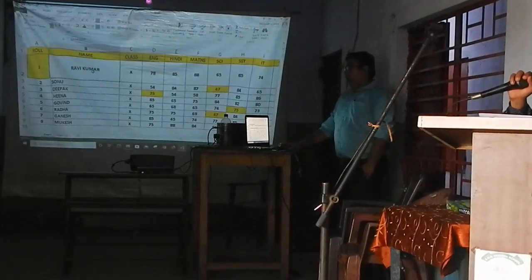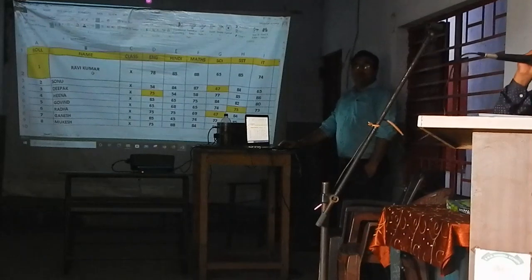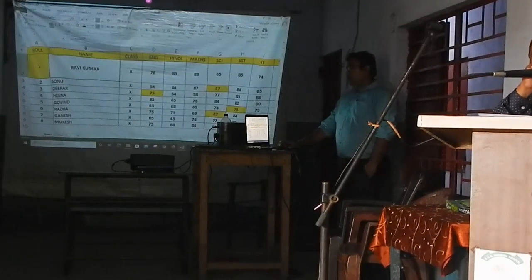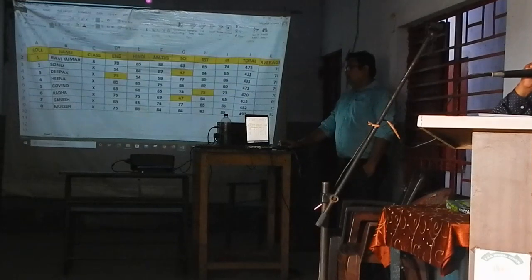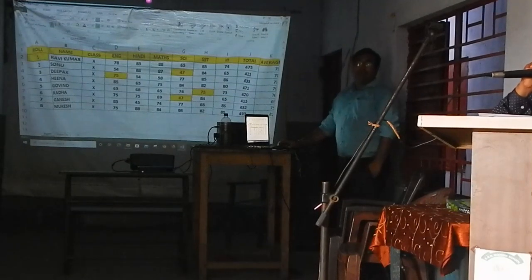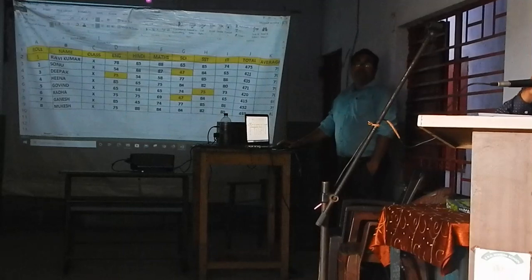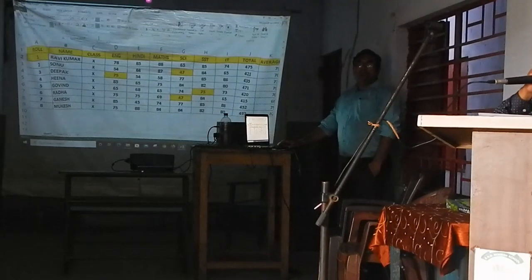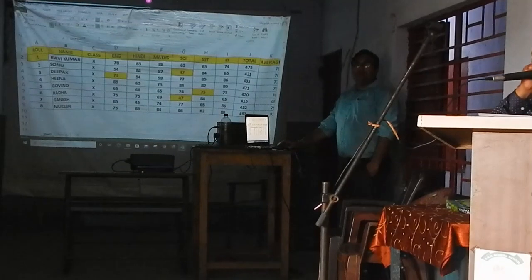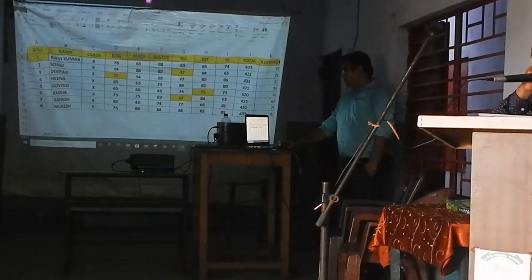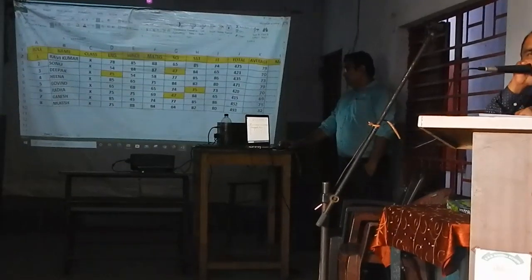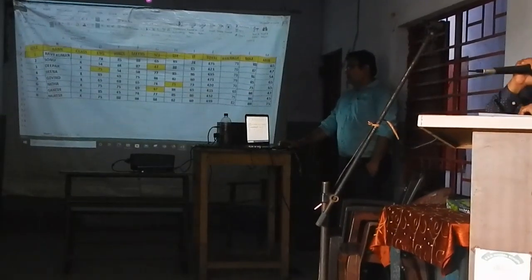Now after that, the very important thing: after creating everything, when we are required to print, there is printing of the page. In MS Word, we are able to see which page is coming on page one, page two, like that. But in MS Excel, it is too difficult to see how much text and content are on one page. For that reason,